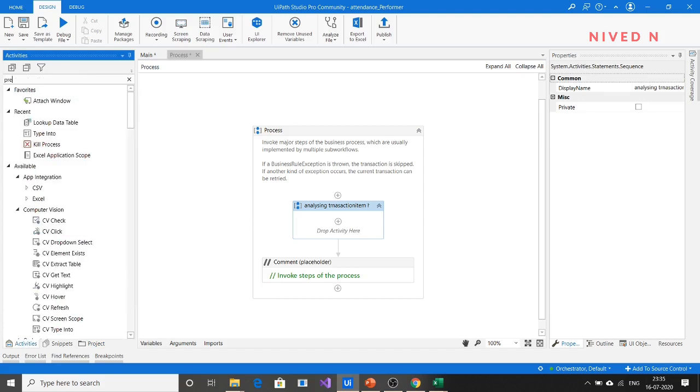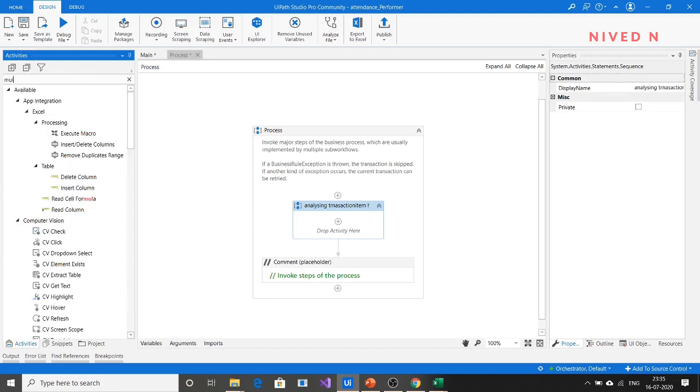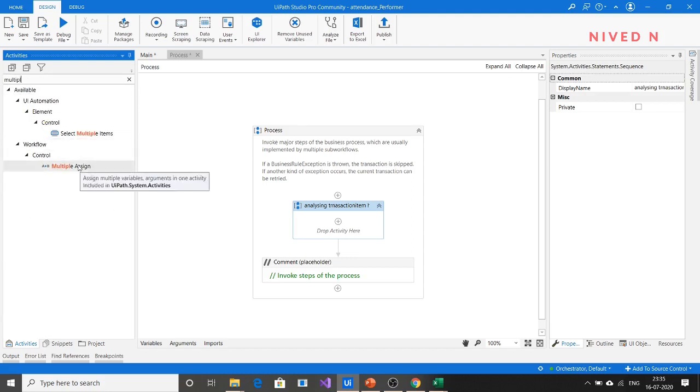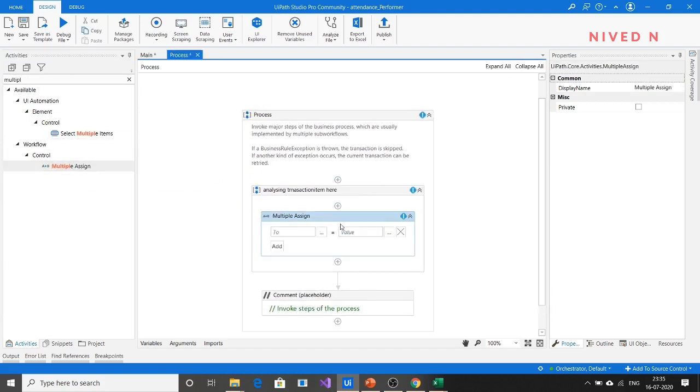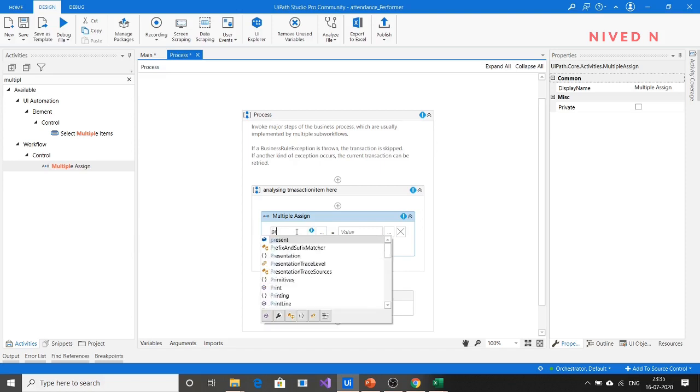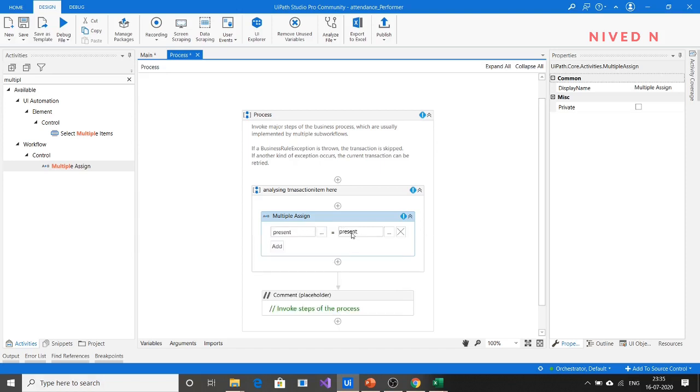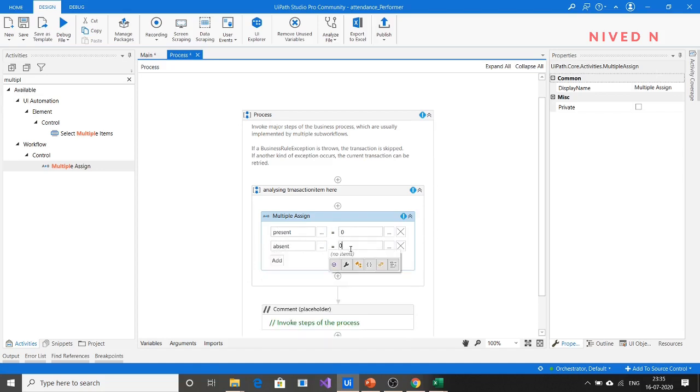Just use a multiple assign activity to set the present, absent and null values to 0. Present value should be equal to 0, absent to 0, and null value should also be equal to 0.